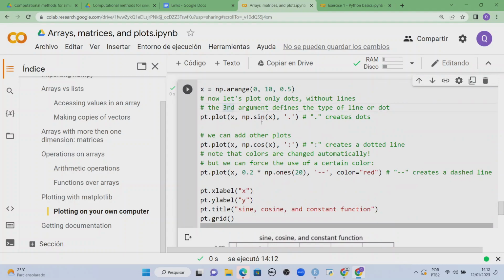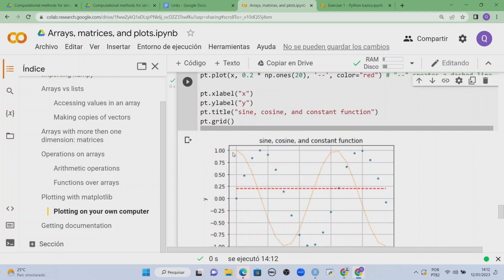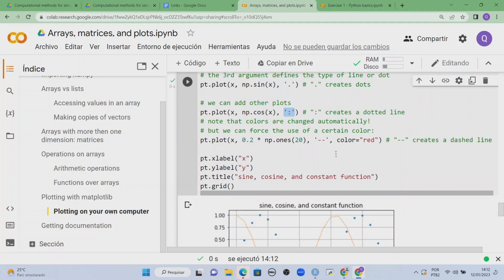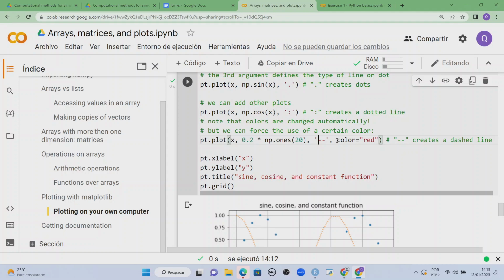Now down here I have a plot of the cosine with dots. These two dots here make a dotted line, so this is the cosine here in orange, right? And with two hyphens here, you have this dashed line, okay? This dashed line. And you can explicitly tell the color by using color equals the name of the color,